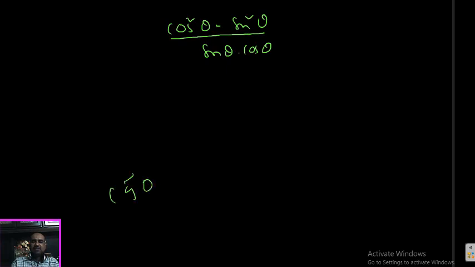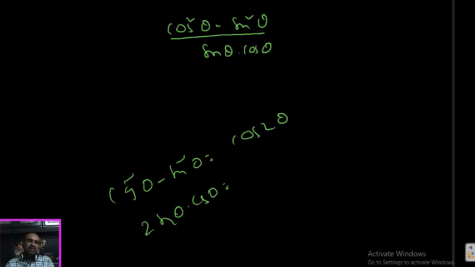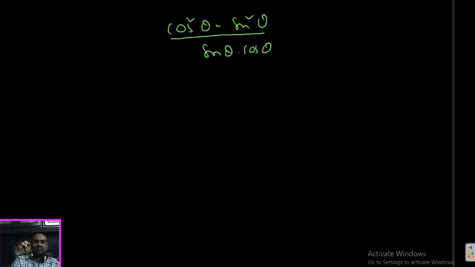Actually, cos square theta minus sin square theta is the cos 2 theta formula in multiple and submultiple angles, but we have not started it. So another way I will prove that cos square theta minus sin square theta equals cos 2 theta. Similarly, 2 sin theta into cos theta equals sin 2 theta. These two formulas will come in the next chapter. So what I am doing here is multiplying by 2 and dividing by 2.